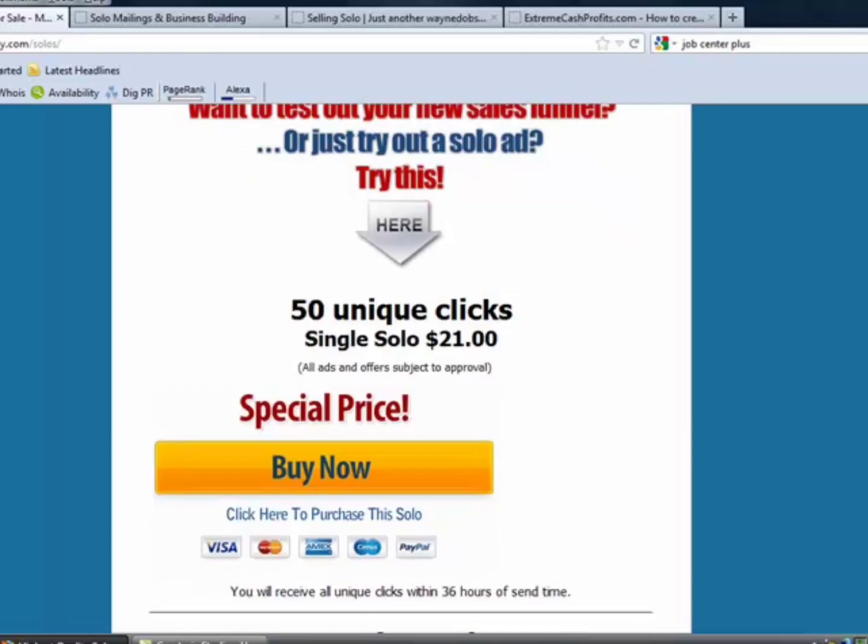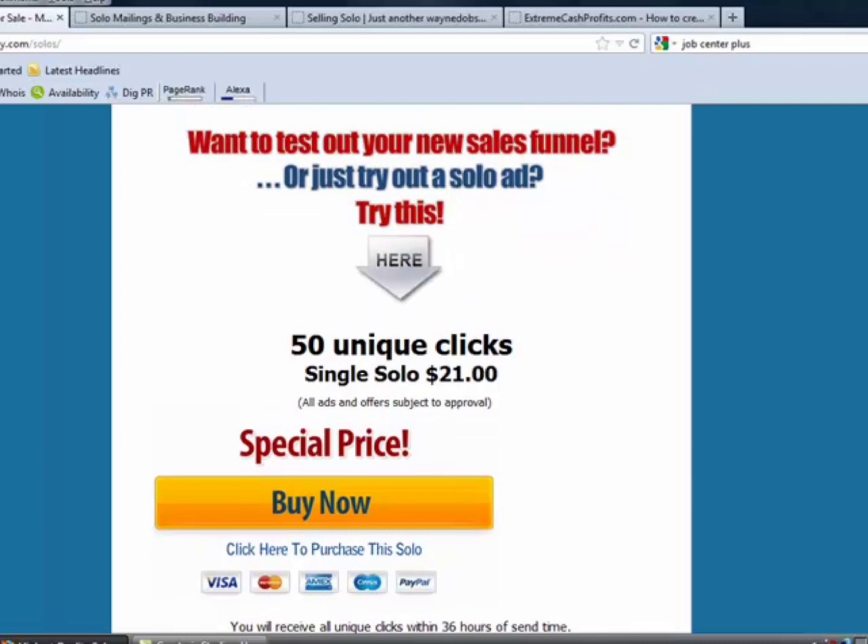So something like this would be ideal if you haven't used solo ads before. This would be ideal for you to test, to see how it all works for you, and to see how your funnel works, to see if it works, because for $21 you can't really get a better deal than this. 50 unique clicks, so you will get 50 guaranteed visitors to your squeeze page, and to be perfectly honest, most people send you more, so you may end up getting more, but I will leave that for you to look at, because every solo ad that I've ever bought, I've always got more clicks than I've actually purchased,